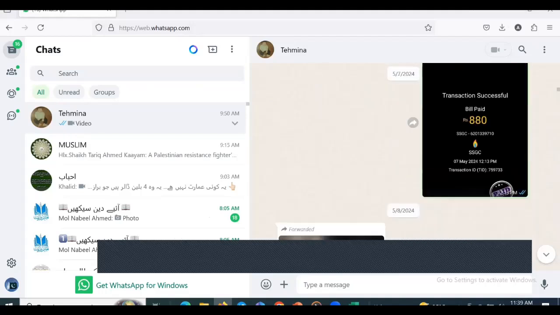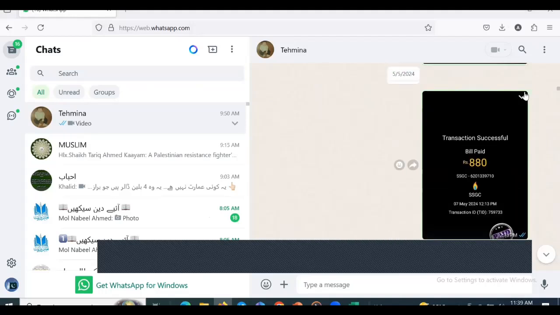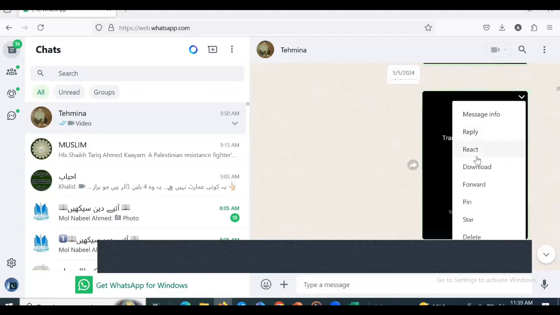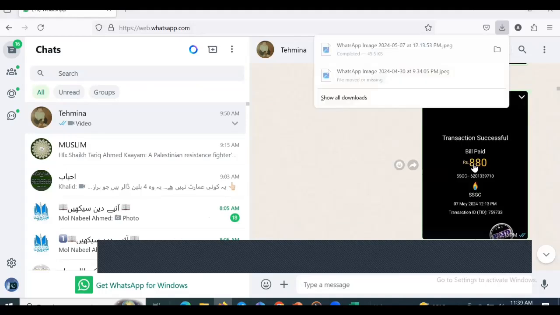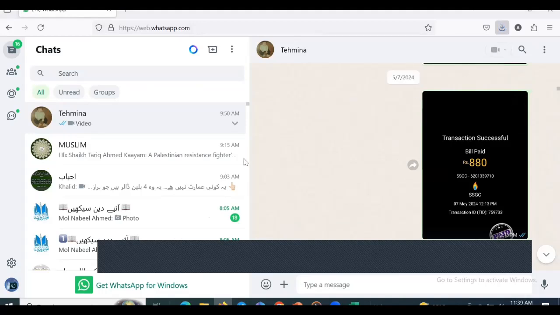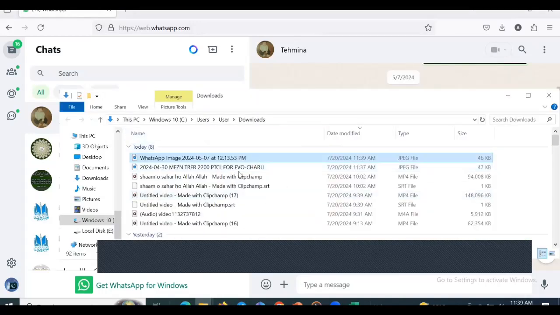This is an 880 rupees bill paid for SSGC. It's a gas company, a utility bill for the month. It has been paid through the Mizan Bank. Fine, so we do the same thing. Only this the user has to do, and while doing it, the user is actually entering the data, and it becomes part of the system automatically because you are following the naming convention.